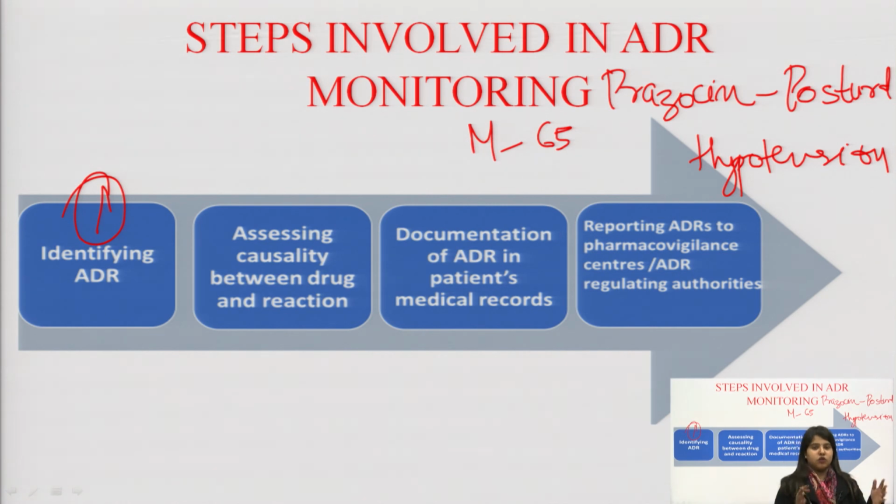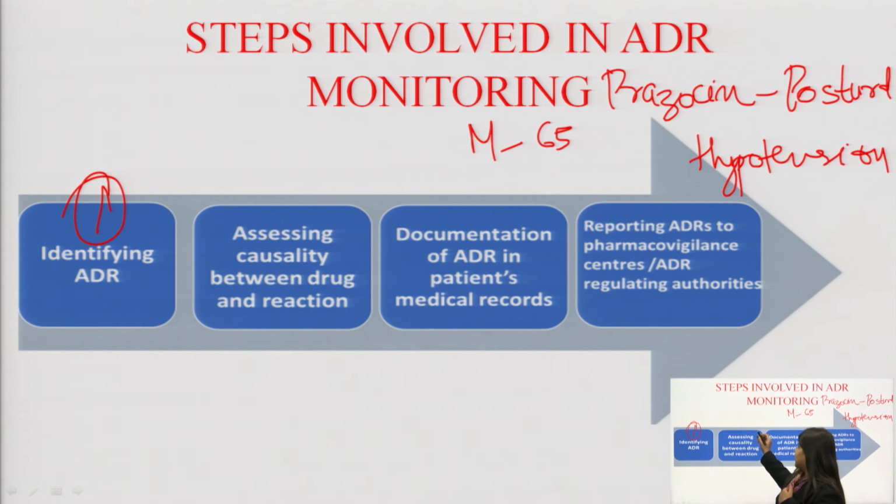So, if he comes into the hospital and says that whenever he changes posture he feels dizzy, that simply means that he is suffering from what? Postural hypotension. Now, the presenting physician should ask questions. So, what will he be asking? Are you taking any antihypertensive medication? He would say yes, I am taking this medication, and he takes the name of prazosin. So, now we know that there are chances that the postural hypotension is because of the said drug, that is prazosin. We will be discussing how to identify the ADR in detail in later slides.